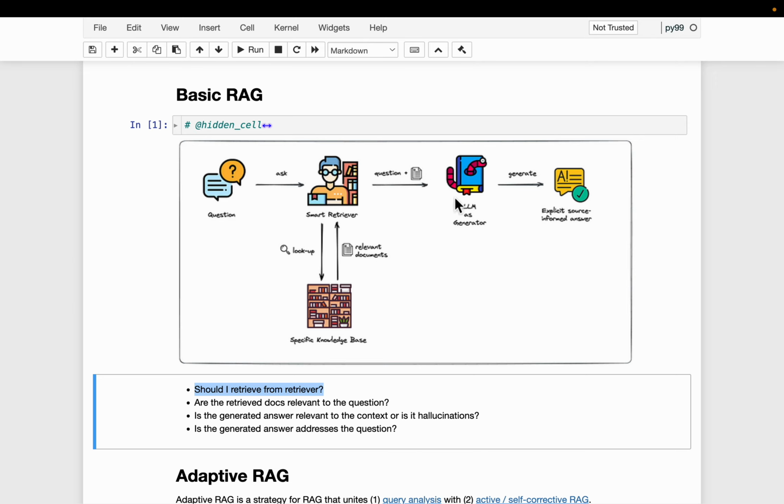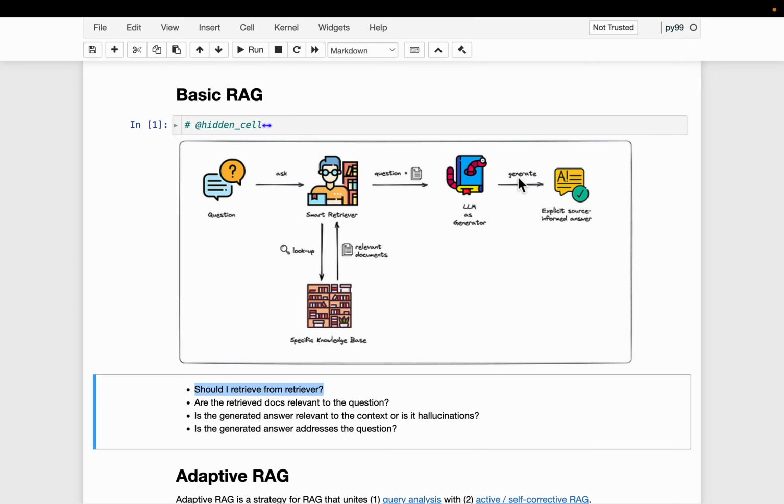Because the reason we are providing context to the LLM is so that the LLM generates the answer based on the provided context. Sometimes these LLMs hallucinate. So we are not checking if the generated answer is grounded in the provided context or is hallucinating. So that's the third limitation.